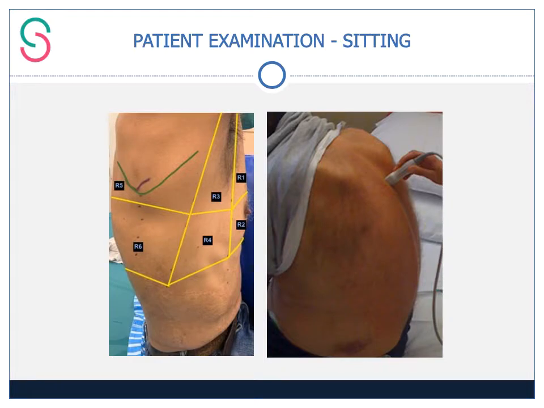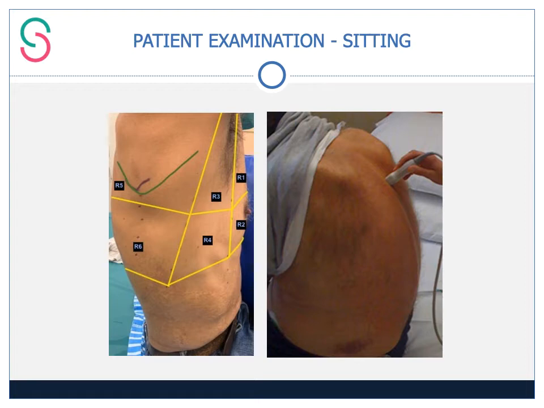And patient examination can be performed either with the patient sitting or with the patient supine. Ideally, if you can get the patient into a sitting position, it's a more thorough examination. The key to examining the patient in this setting is to have a systematic way of examining the chest on the right and the left side. And one of the common ways of doing that is by dividing the right hemithorax and the left hemithorax into 4 to 6 zones. So for example, in this image, you can see R1 to R6 with lines